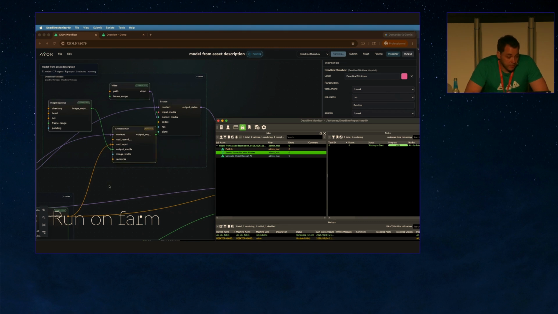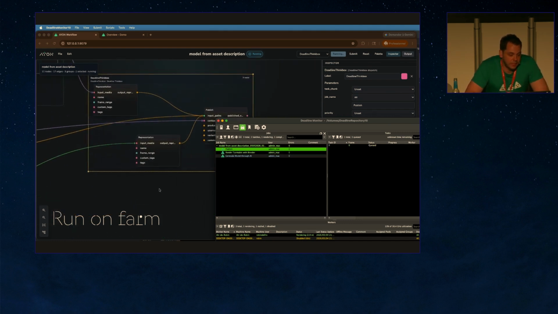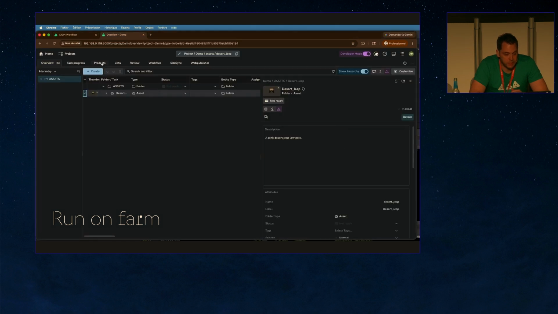So here it's still running the turntable, and then it's encoding the video, because the turntable would be an image sequence. Essentially it takes this in another job and triggers the publish process, which takes that and puts it into ION so that it's available on the front end. And then here we're seeing it on the front end